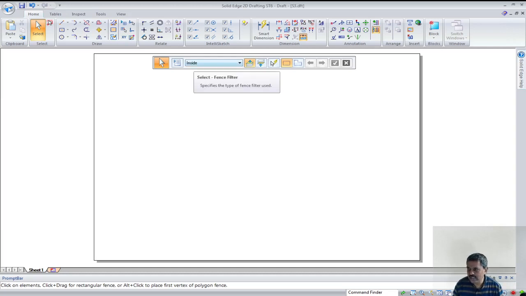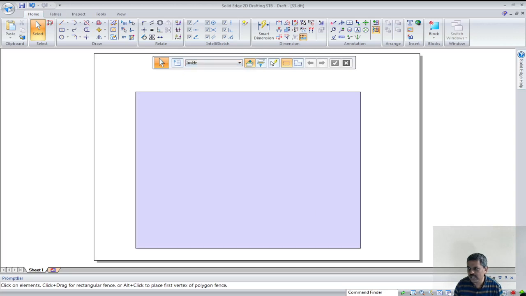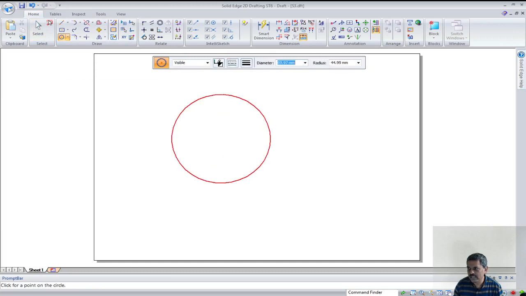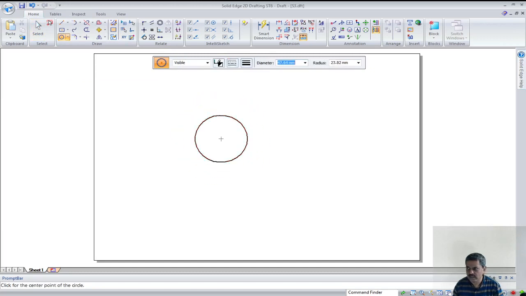So you can see here the algorithm being applied, how to select a particular entity inside. For example, I have drawn like that. So this is a draw mode. You can see the cursor is no more the pointer, but instead a crosshair, a small plus mark. By pressing escape on the keyboard, you see that the command will be exited.